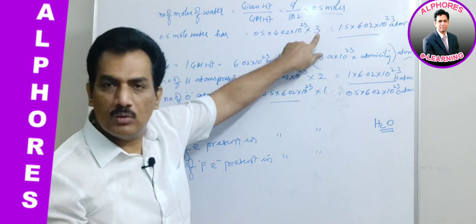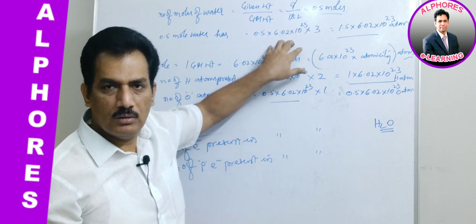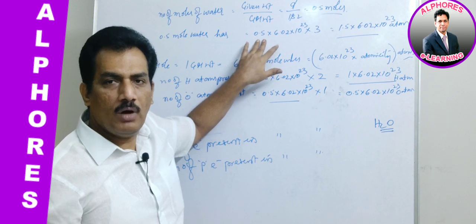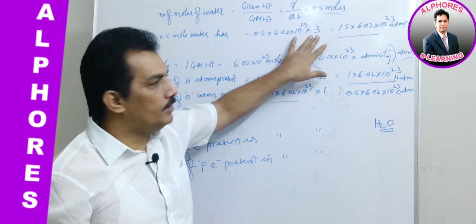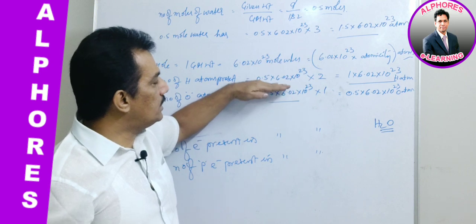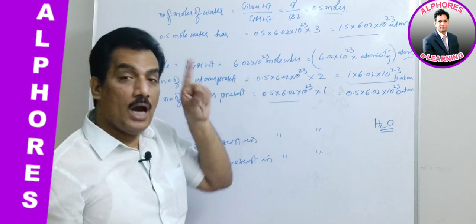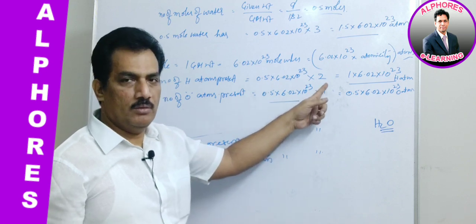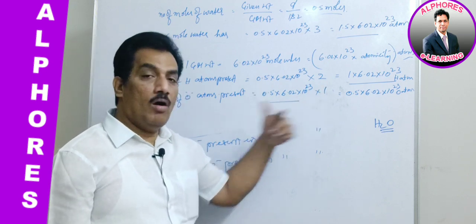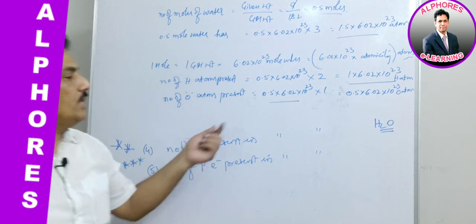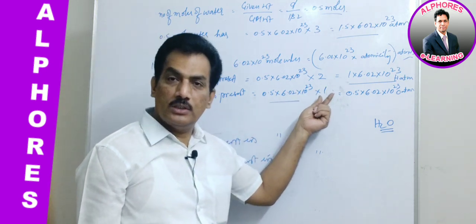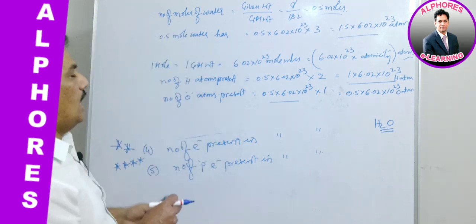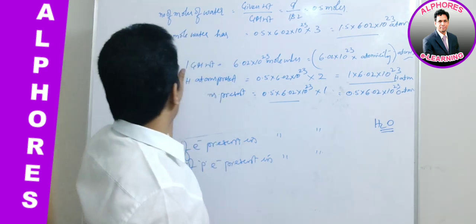Here they are asking the total number of atoms in these molecules. These molecules are nothing but in 0.5 moles of water. So with atomicity, in case of this, here they are asking only for hydrogen atoms in that moles, so hydrogen atom number. And in case of this, oxygen atoms they are asking. So we are considering only the number of oxygens present per molecule. Clear?